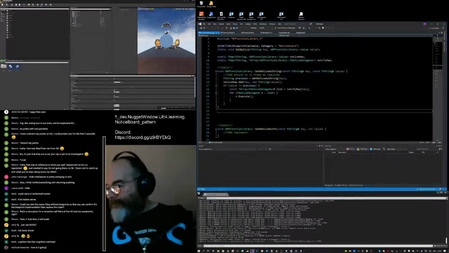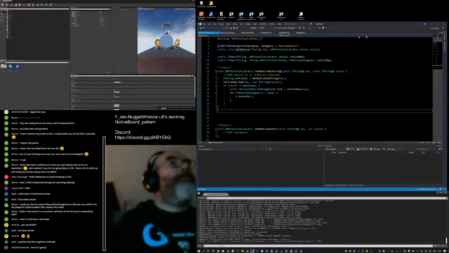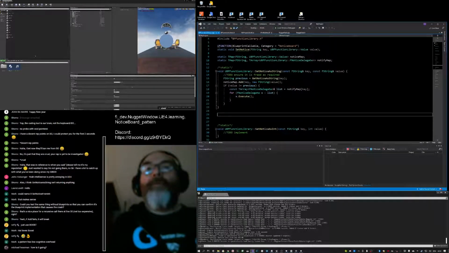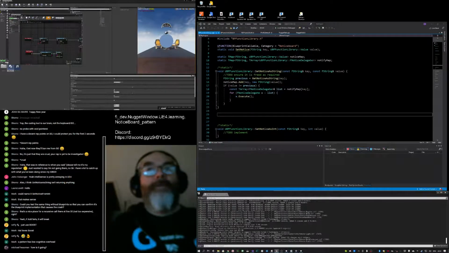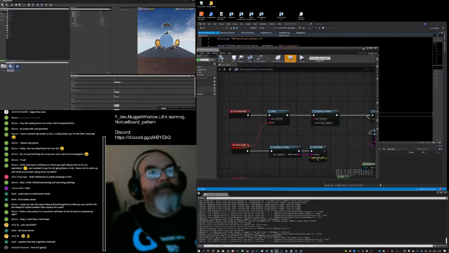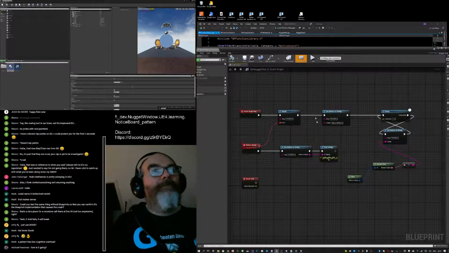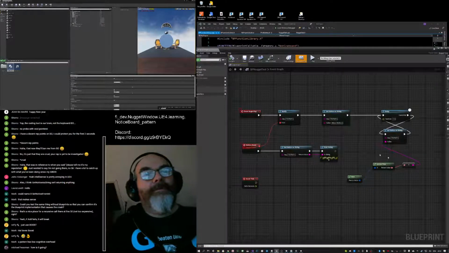Right. Let's have a look at that graph, which of course I did remember to save. Should be a way of always saving when you hit play.